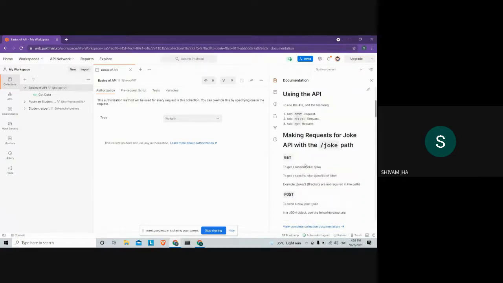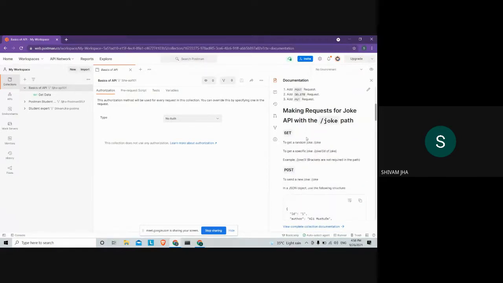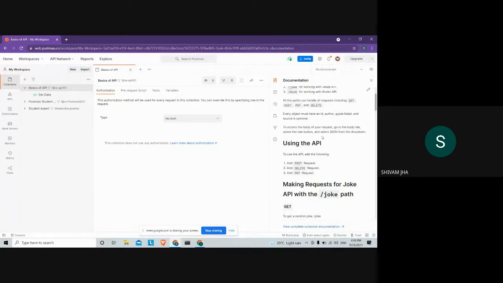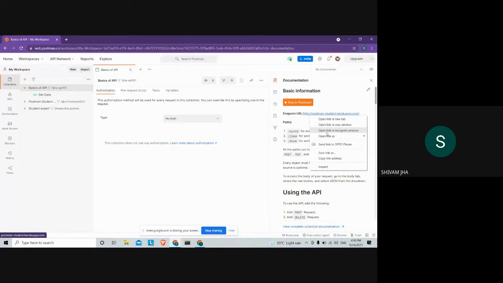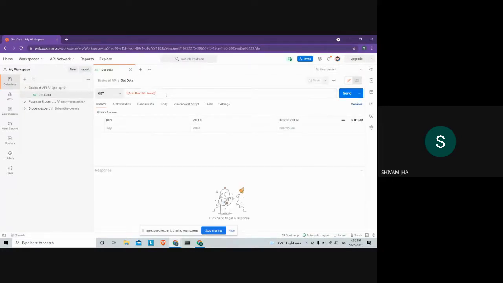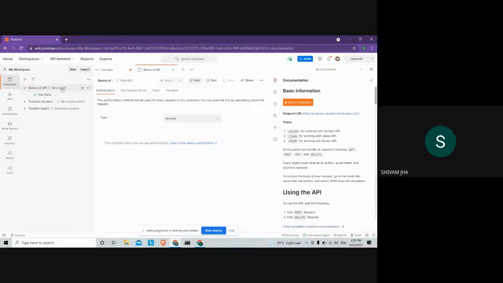Okay. So like we have the get request for a joke path. Now suppose we have decided to work with the book API. Wherever we have this /joke here, we'll just change it to book. Okay. Now for making our first request, the get request, we need to make a get request to this endpoint URL. Let's copy this link address and go to this get request. Add the URL here and this path.